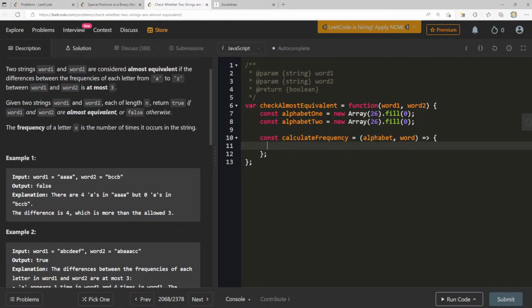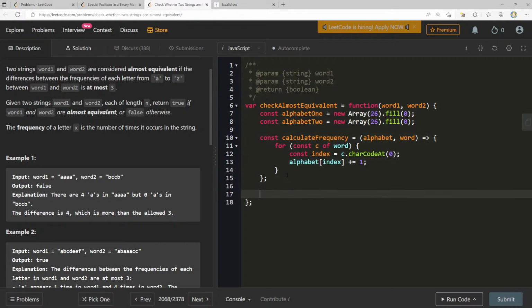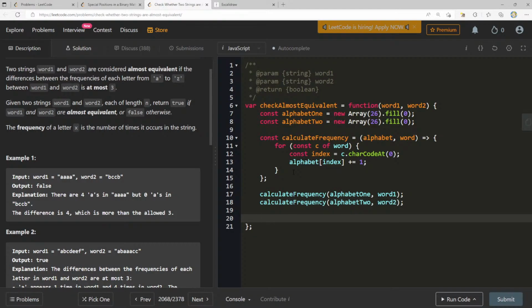What we'll do is say for const c of word, we'll get the index, c.charCodeAt(0), and then we'll say alphabet[index] += 1. We can do this twice. Here we'll pass in alphabet1 and word1. Calculate frequency of alphabet2, word2, and now we can just say